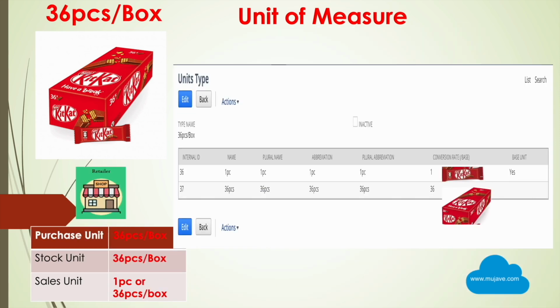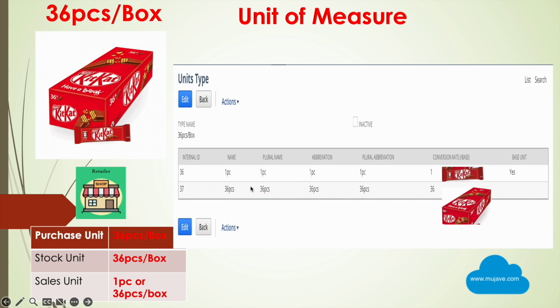Here you can see the unit of measure from the retailer point of view. Here you can see the purchase unit is box and stock unit is also box. Each box has 36 pieces but the sales unit is either piece or box. The minimum piece the retailer can sell is 1 piece and here you can see two units of measure, that